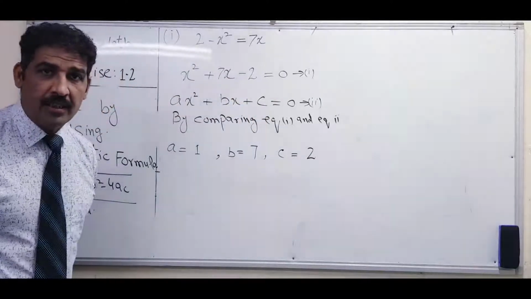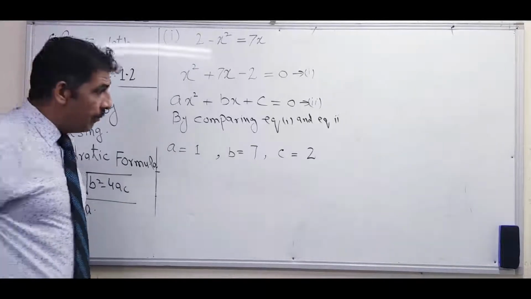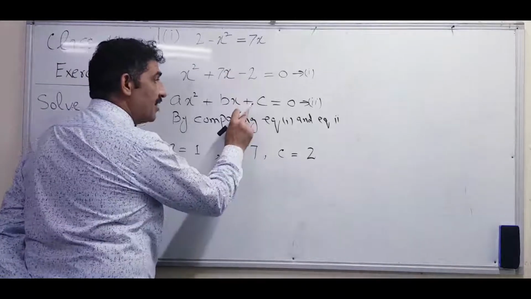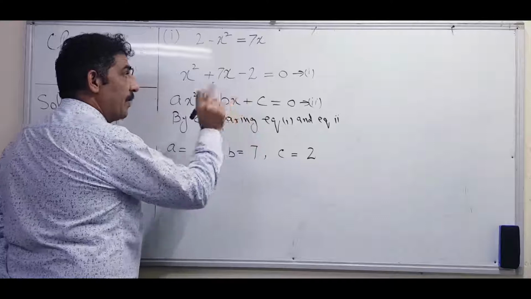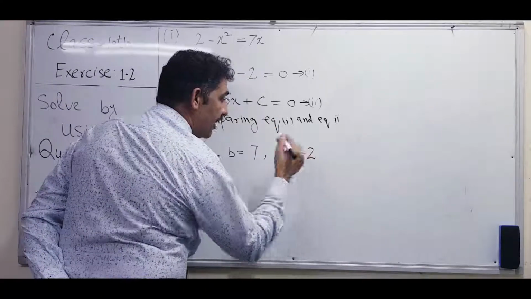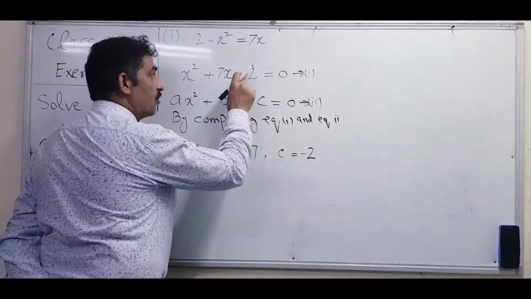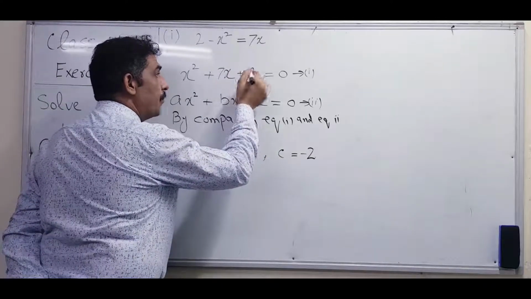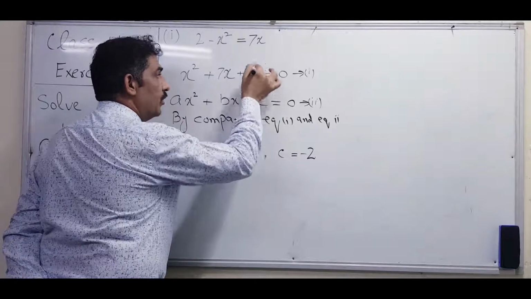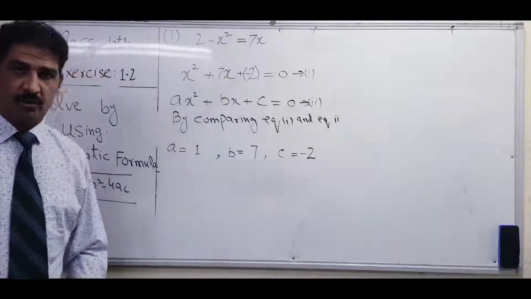Is it right? No. Okay, what's the mistake? Minus 2, because here there is a plus sign, so that's why, comparing with the general equation, it has the negative sign, so you have to write the minus sign. Minus 2. If you are confused, then you have to make the proper standard form and write plus then minus 2. See, after plus there is a minus sign, the value of c is equal to minus 2.